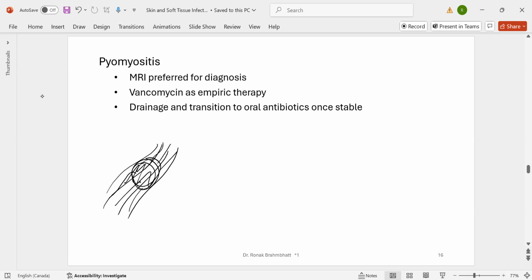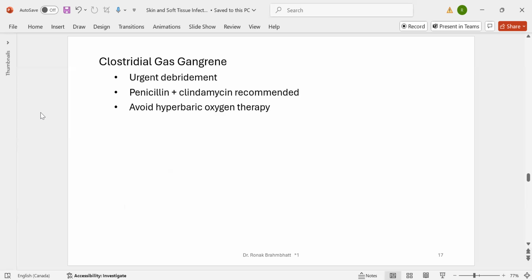Again, can you diagnose it like, oh yeah, this looks like pyomyositis? No, right? All you can say is it doesn't look good. I need to call the surgeon. I need to arrange for drainage. That's the thing, right? MRI, CT scan, you can consider for diagnosis, but many times you don't have time for it, right? So it's a diagnosis on the operating table. Okay. Then you have